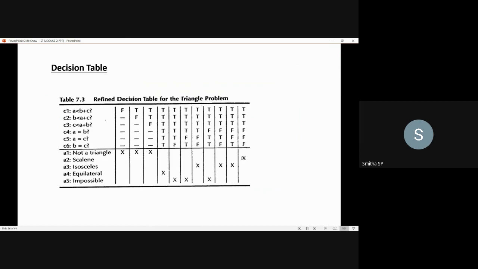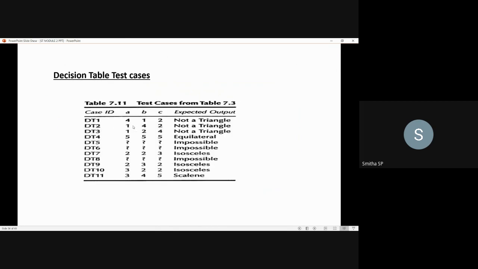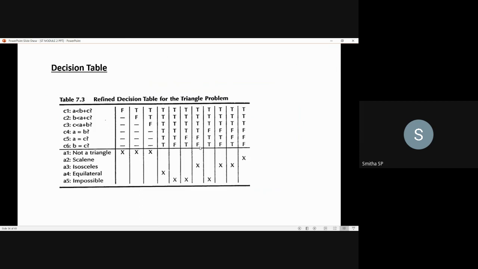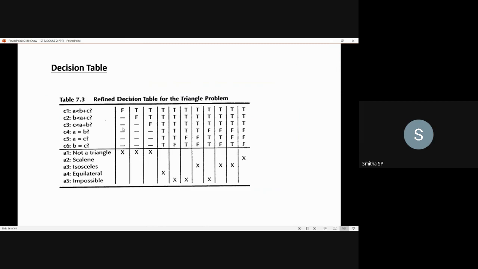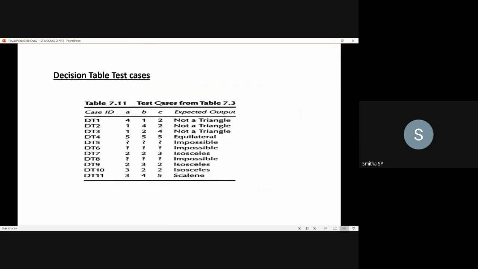Okay, so this is how you take the necessary decision about the actions, what kind of action should be done, based on the conditions. So we call it decision table testing, the decision table approach. So far we discussed the decision tables, how we will be marking the actions based on the conditions. Now, how to derive the test cases, decision table test cases, based on this decision table. We know that we have the necessary conditions, and for that the subsequent actions are taken. Now go on with the test cases.